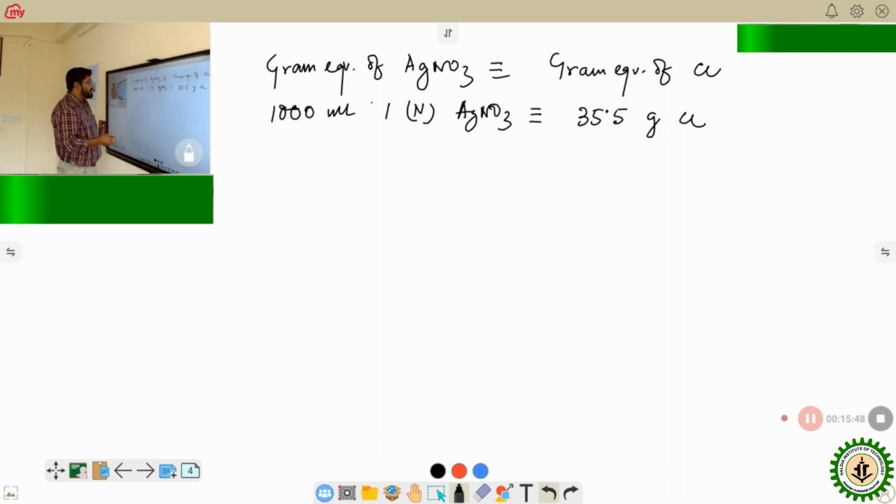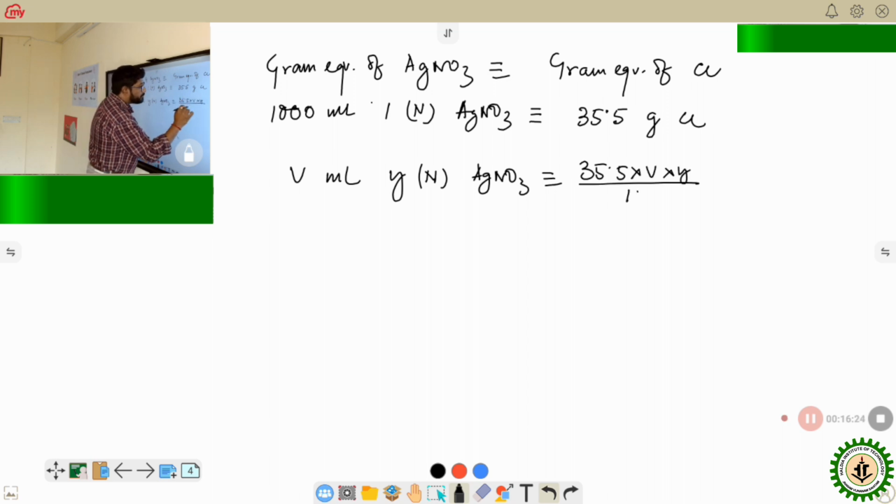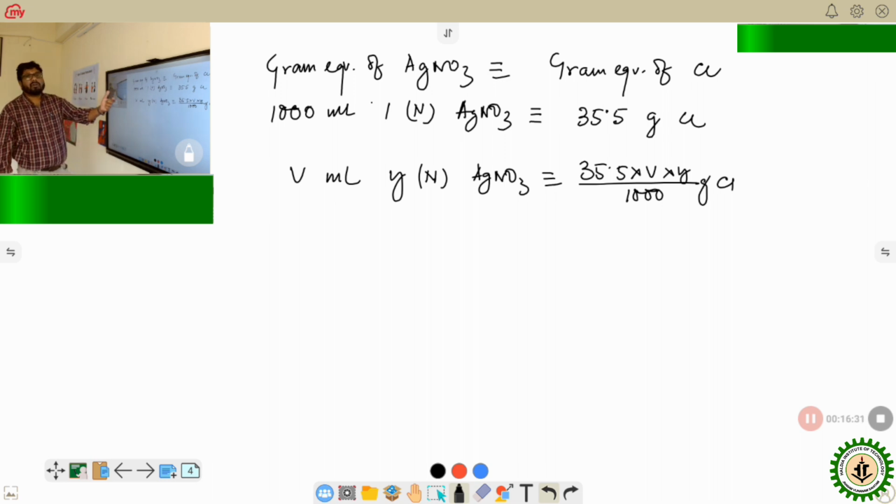Let's say that average is V ml. So let's say that the average burette reading of silver nitrate volume is V ml, and the concentration of silver nitrate, which we have already determined by the standardization by another primary standard, let's say is Y normal. So if these two things are already determined before starting the calculation, then V ml of Y normal silver nitrate must be equivalent to this. Now this is the amount of chlorine which is present in our